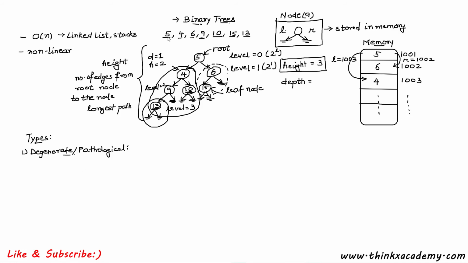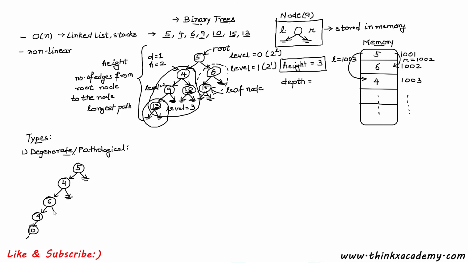So let's insert these same elements inside of a degenerate tree. We have the first element here, 5, then we will insert 4, and the right part is null. Right part of every node will be equal to null, and we can only insert in the left part. So after 4, 6 will be inserted here, and then 9 will be inserted here, and then similarly 10, 15